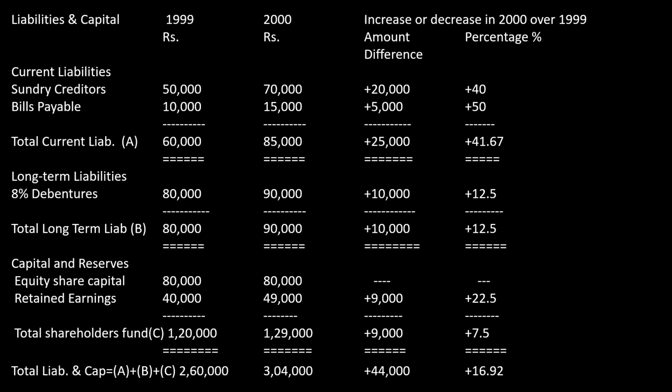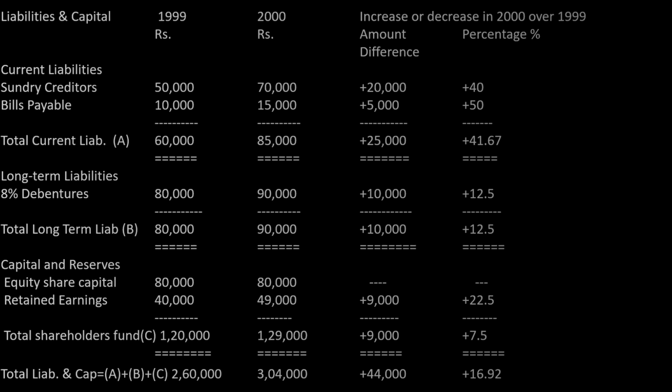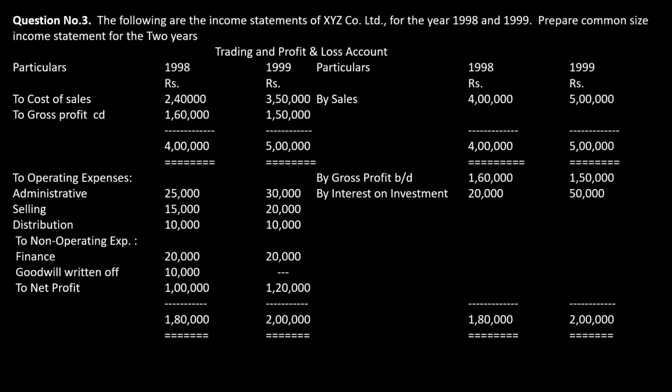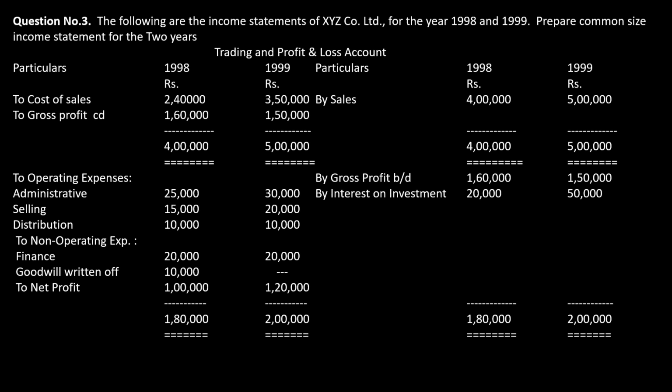The first sum says comparative income statement. Now we did comparative balance sheet. Now next we'll see the second subdivision. Under that you have first one in the next slide. Next we'll see the sum. You are given trading and P&L account for 2 years, 1998 and 1999. Okay, and what you are asked to do here, you are asked to prepare common size income statement.